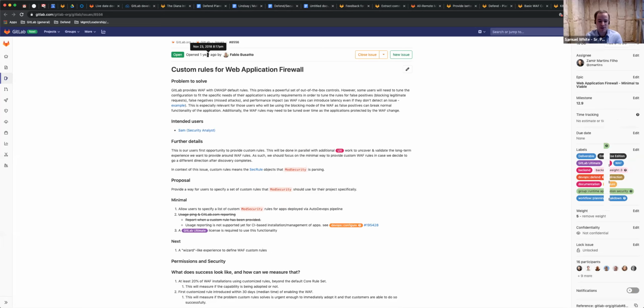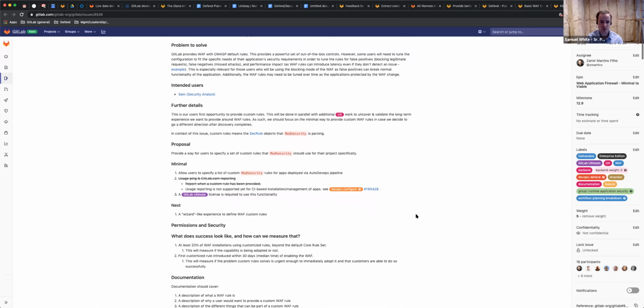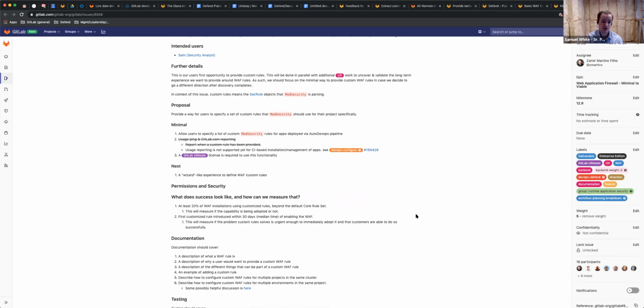Yeah, so this one predates me, and obviously it's been around for a year, so I'm not the author, but the idea is just making it easier to configure the WAF. Right now we ship by default with the OWASP policy set, but if customers want to customize that at all, it's a pretty steep learning curve. So this would be bringing a UI into that to make it a whole lot easier for them to customize what the WAF does.